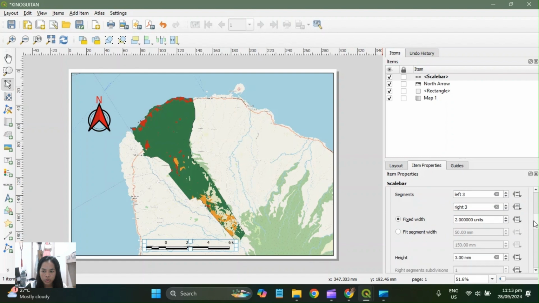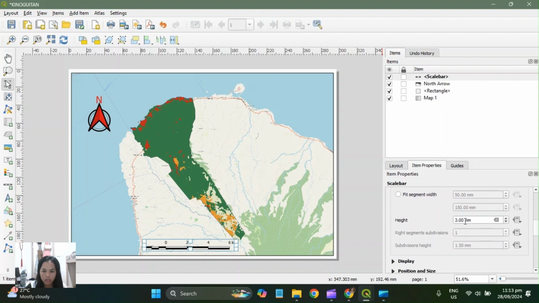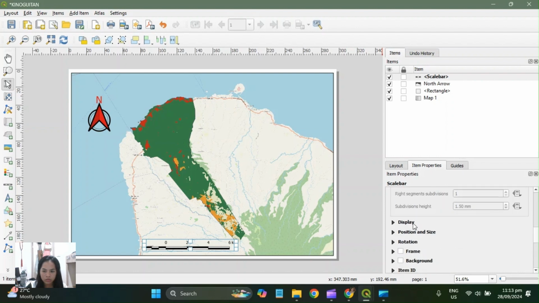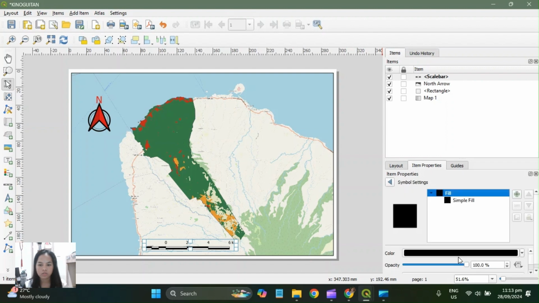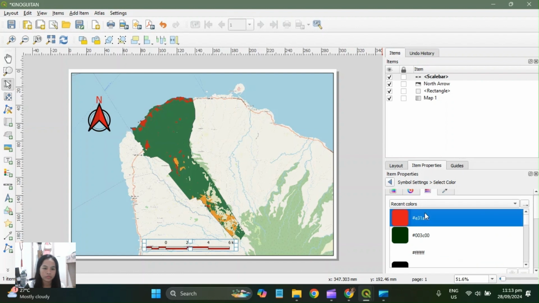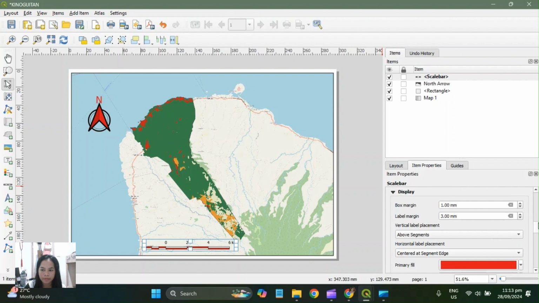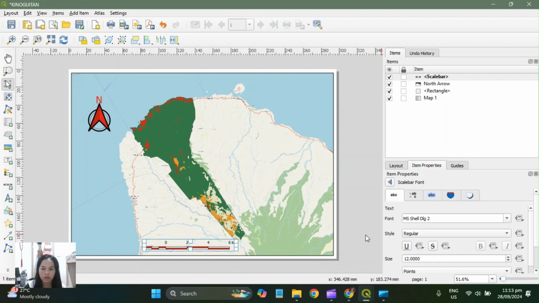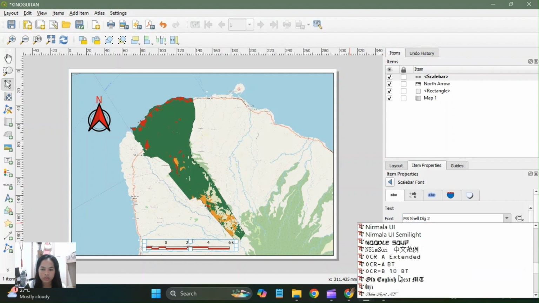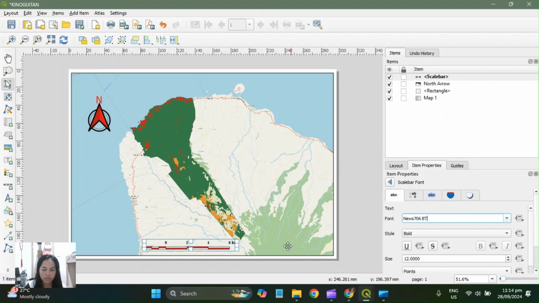Then the units is 2.0. I wouldn't want to change the height. The display color will change here, and then the font for our numbers. So for changing that is the